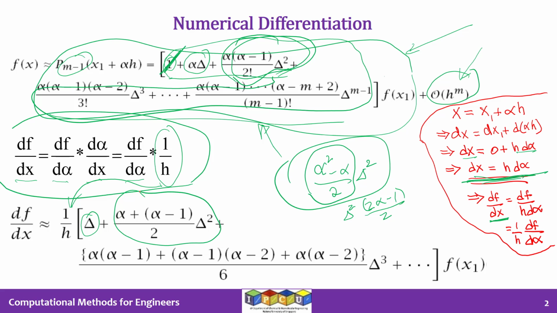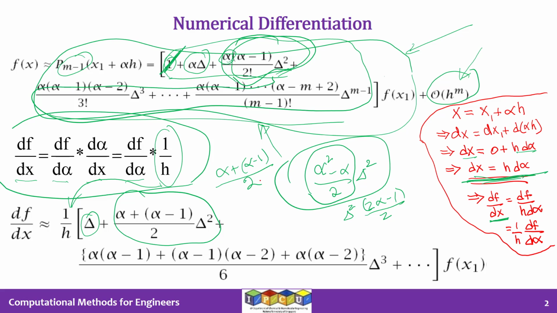Alternatively, you can get this by chain rule. So take this alpha and then differentiate alpha minus 1 with respect to alpha. Differential of alpha minus 1 with respect to alpha is 1. So you're going to get alpha. Then you have alpha minus 1, and then differentiate this alpha with respect to alpha. You will get 1. So you can get it as alpha plus alpha minus 1 divided by 2.